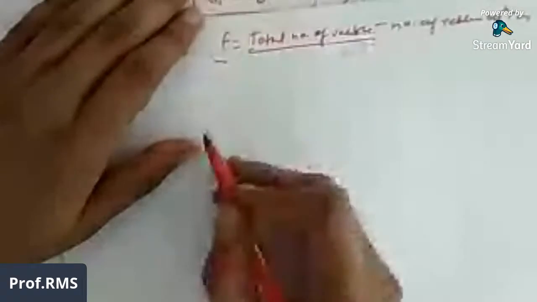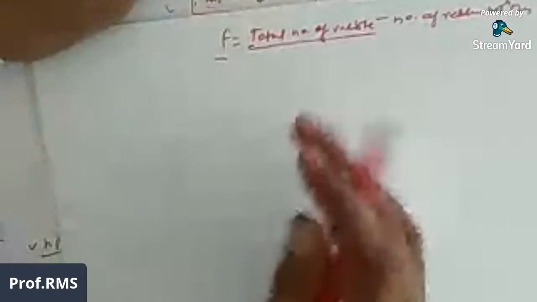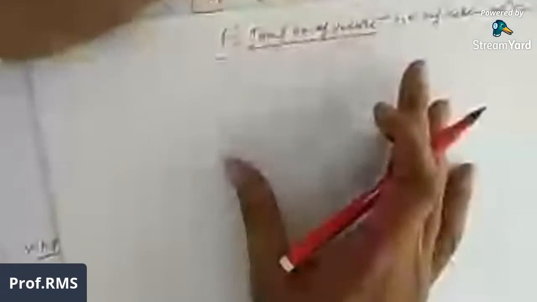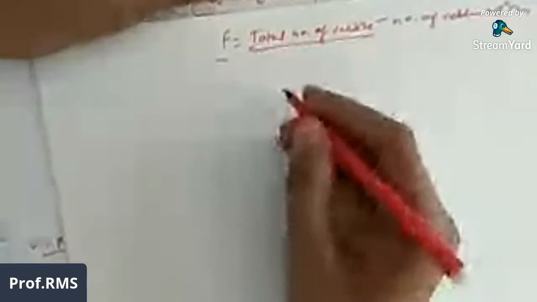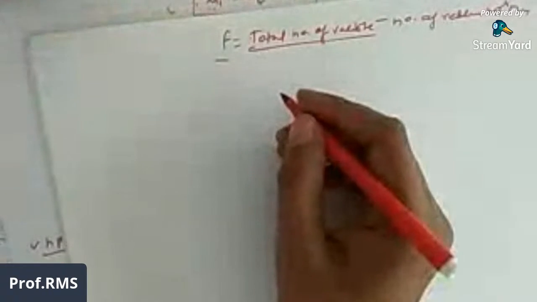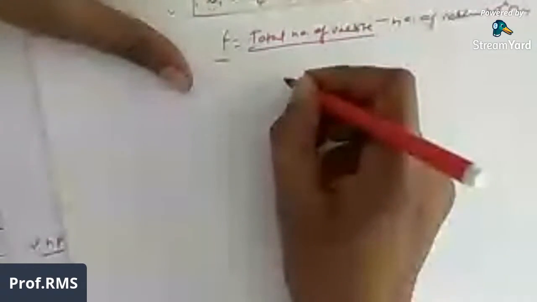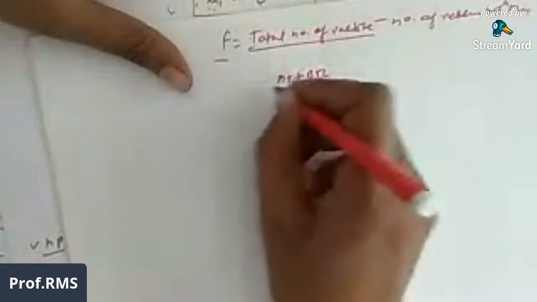How can we determine the total number of variables? Simply, we need to determine the composition of each phase. How can we determine the composition of each phase? By using the concentration. Suppose, again I am explaining here, you can just focus here. If we have a multi-component system,